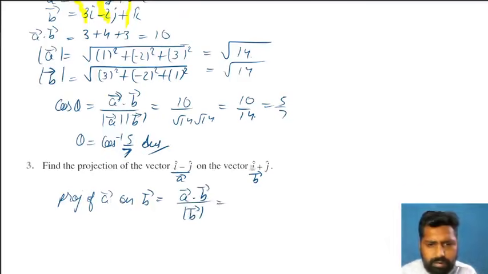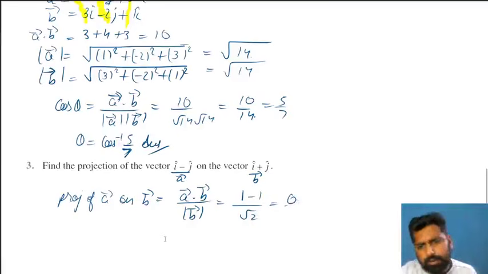So I multiplied with I means 1, minus 1 multiplied by 1. Sorry, minus 1 into 1, 1. Magnitude of B is 1 squared plus 1 squared, so root 2. So it is coming out to be 0. 1 minus 1 is 0. So there is no projection of A on B.